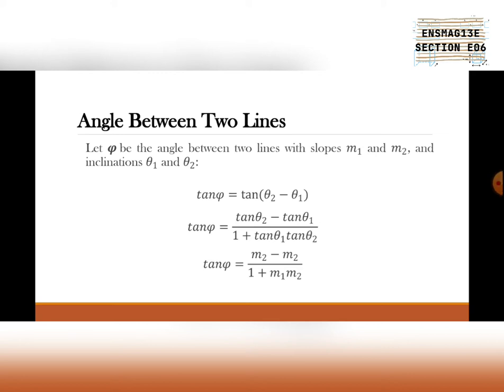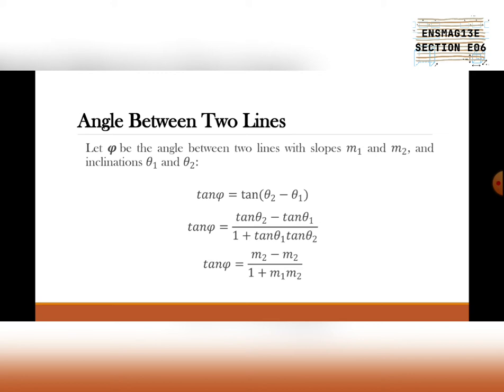Angle between two lines. Two intersecting lines form two pairs of equal angles, and an angle of one pair is the supplement of an angle of the other pair. We shall show you how to find a measure of each angle in terms of the slopes of the lines. Considering